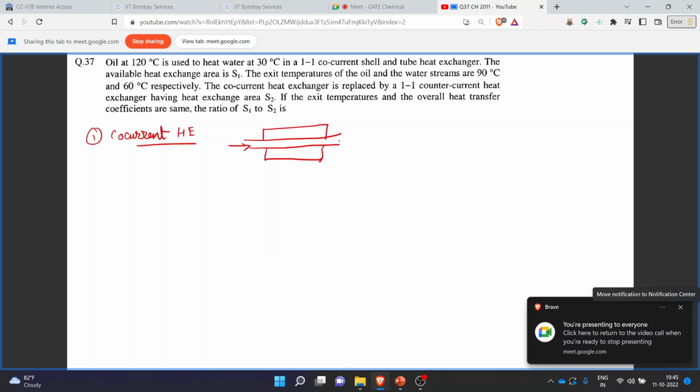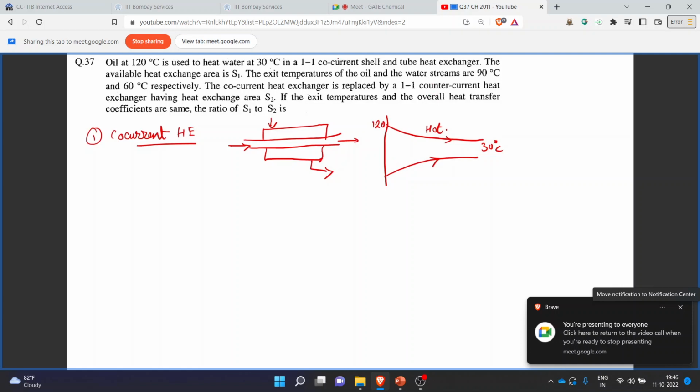Tube side fluid will enter from here and exit from here. Similarly, the shell side fluid will also enter and exit from the same direction. Let's draw the temperature profile over here. So this is the hot fluid for which the temperature will decrease, and that we have been given as 120 degrees Celsius to 30 degrees Celsius. Similarly, the temperature of the cold fluid will increase, the direction of both the fluids will remain the same, and for the cold fluid the exit temperature,